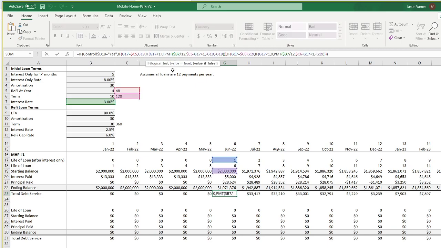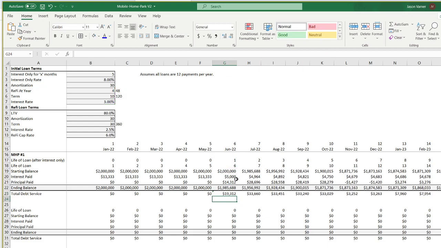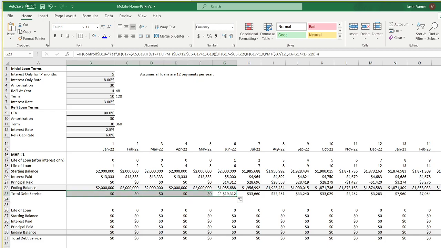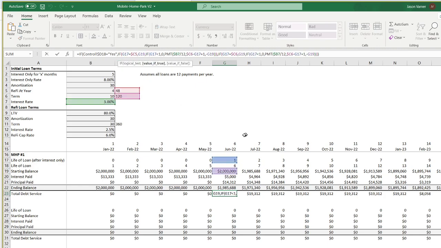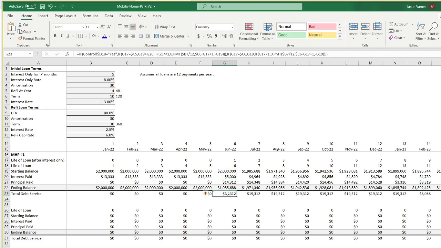So payment, this should literally be identical. So B7 divided by 12, B7 divided by 12, C6 minus G17 plus 1, C6 minus G17 plus 1, negative G19. Oh, whoops, I have two negative G19s. That's where it was messed up. Okay, so that's good. Now we want to say if it is the refi, then you do G19 plus the interest here, and then otherwise,